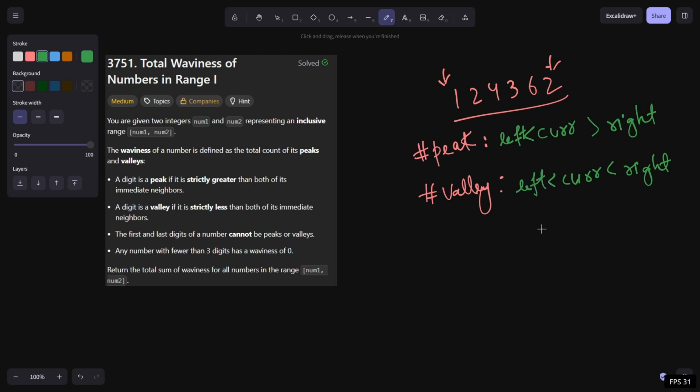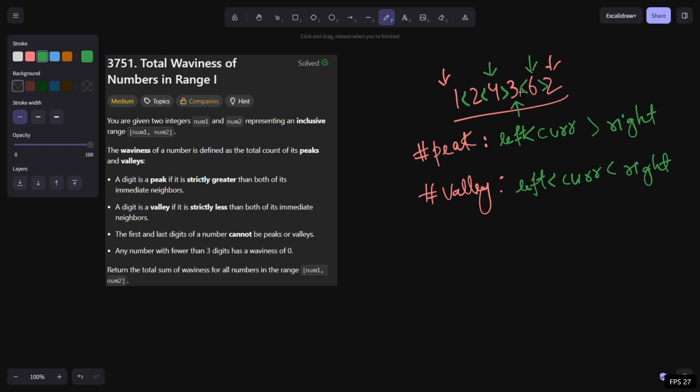So how to check: 2 is not greater than both, so it cannot be a peak or valley. 4 is greater than 2 and 3, so 4 is a peak, and 3 is less than 4 and 6, so 3 is a valley, and 6 is greater than 3 and 2, so 6 is a peak, and 2